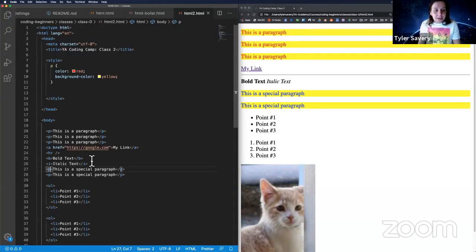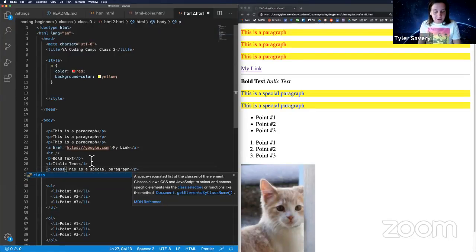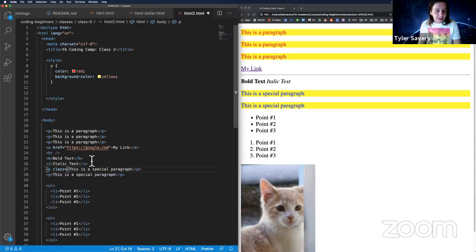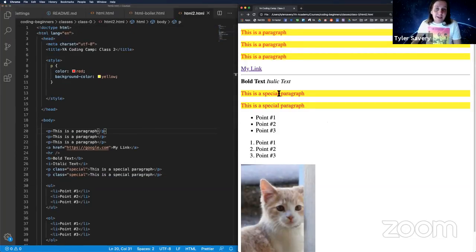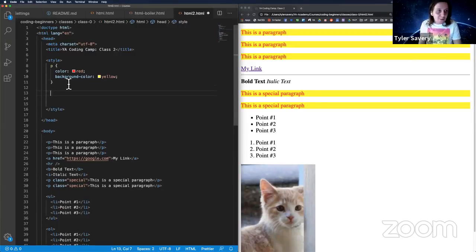What we're going to do is give these paragraphs a class. So I'm going to give it a class, which is just an attribute, and call it special. And let's do it for this one too, special. If I refresh this now, it's just going to go back to how it was. But what do I want to do here? I can say all P's that are special,